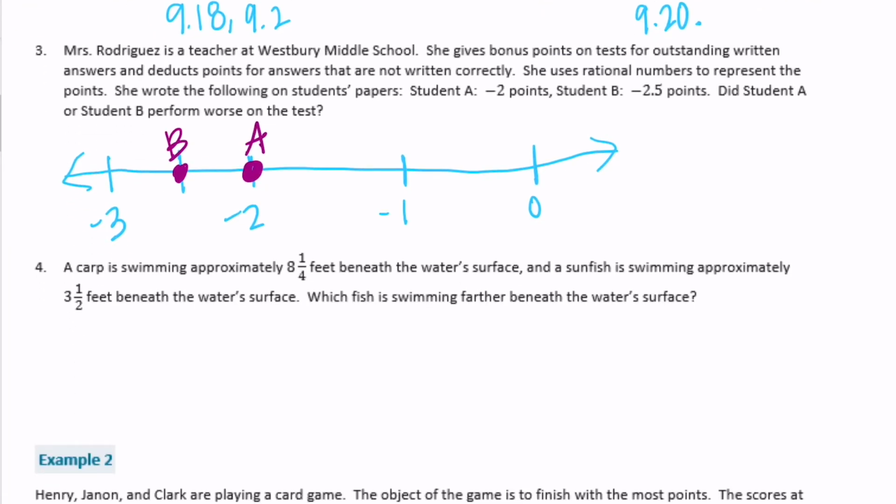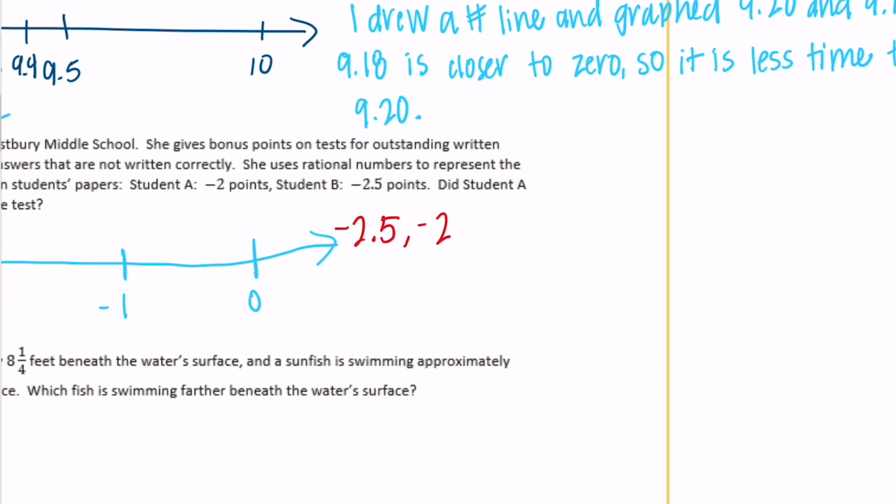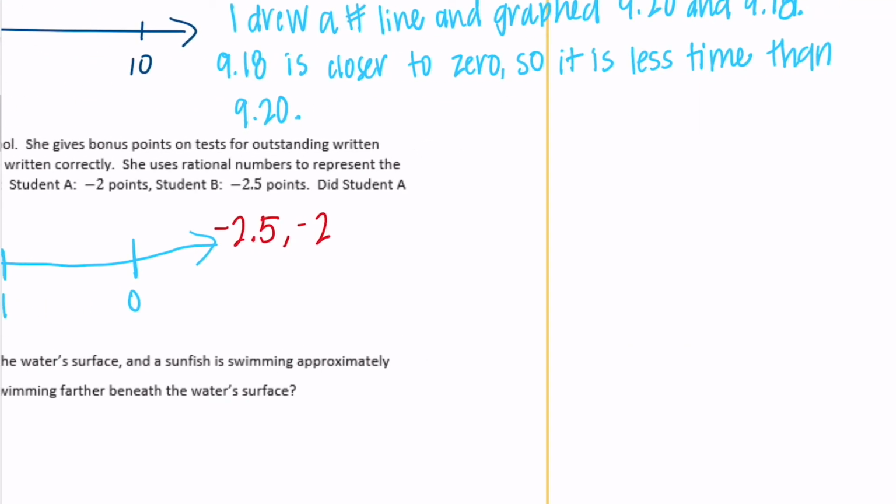So the least number, the number furthest from 0, is B, -2 and 5/10. And then -2 is a little bit larger because it's a little bit closer to 0. So we'd say student B